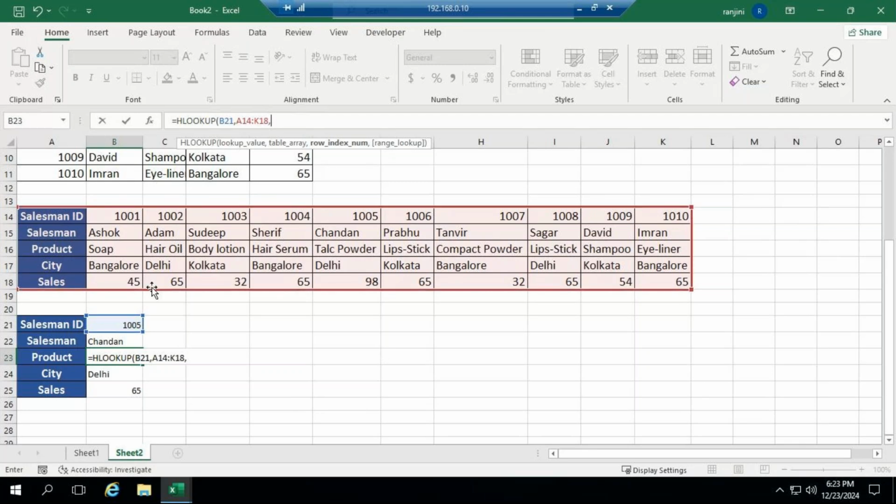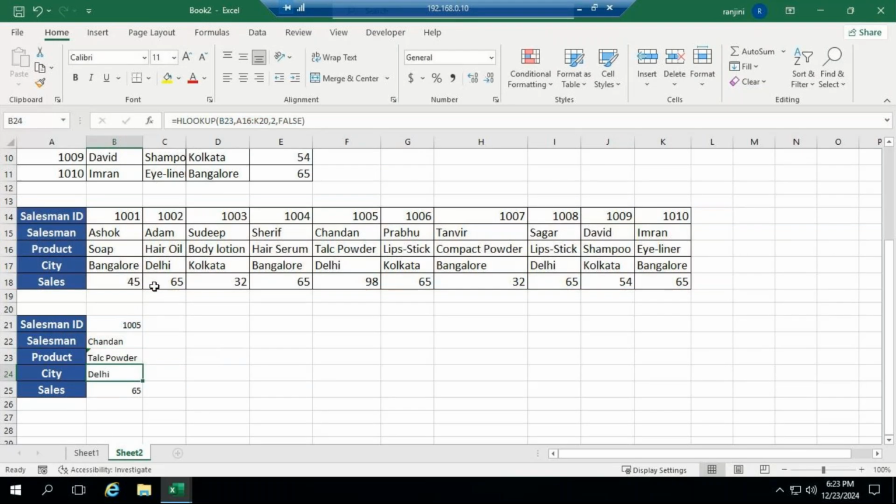So I wanted to get the product. Product is present in the third row. I want to go for exact match. Close the bracket, enter. Similarly,